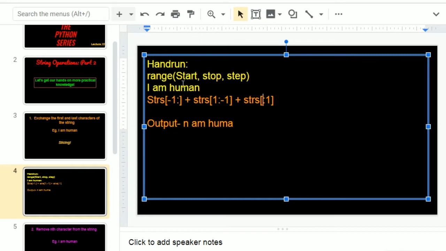Because we haven't mentioned it. So it will give you 0 and stop at 1. Now again, since this is the stop value, it will stop exactly before 1. That is where? 0. So here, according to this slicing, you start at 0 and end at 0 also. So what it gives you is basically I. So this is the string that you finally get after slicing it thrice.